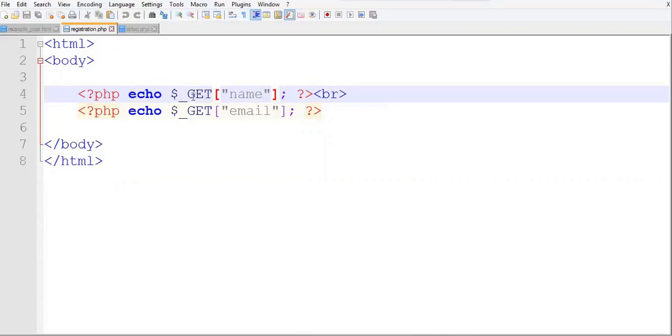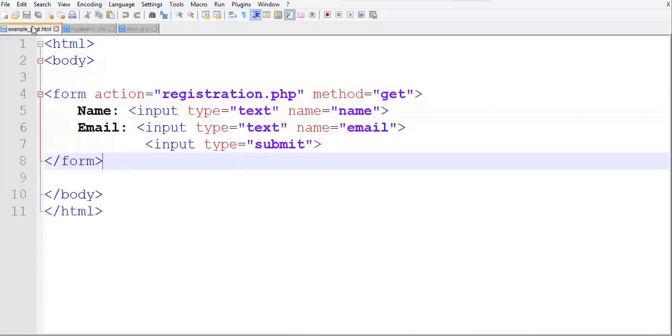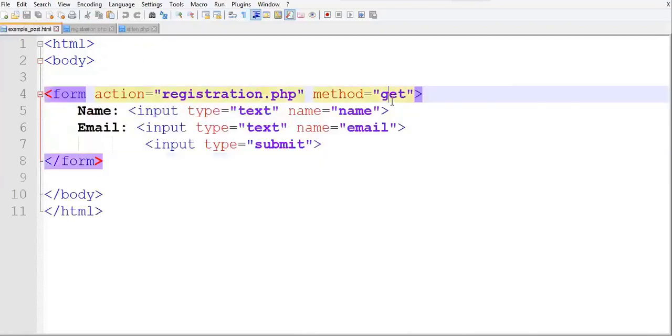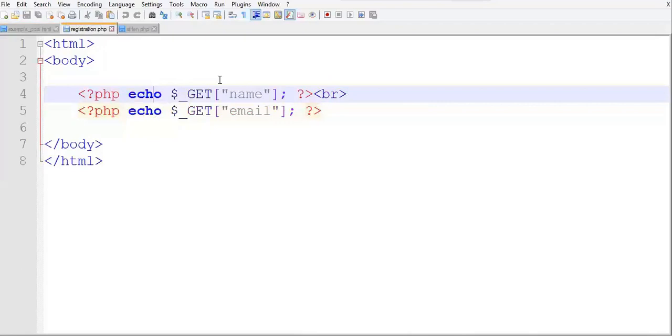Now here this particular variable is fetching the name parameter from the form and it is going to display it on the screen with the help of this echo. So if we have used the get method in the form, we have to use $_GET here.